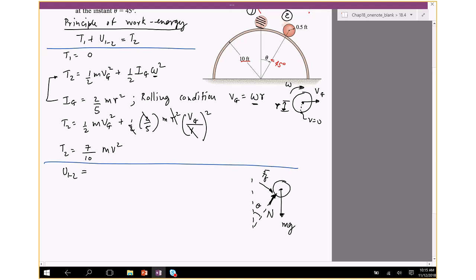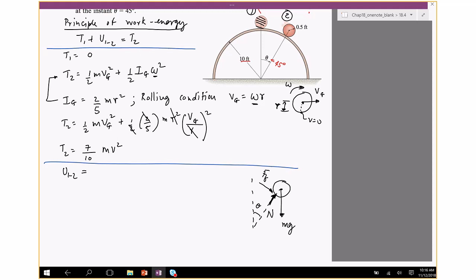Now, the normal force acts at the point of contact, and the point of contact at that instant does not move. So it doesn't move in the vertical direction, or a direction which is normal to the circular arc. So the work done by n is 0. Friction force does no work either because the point which is in contact is always at 0 speed. So the only force which does work is actually mg. So we need to find the work done due to mg,